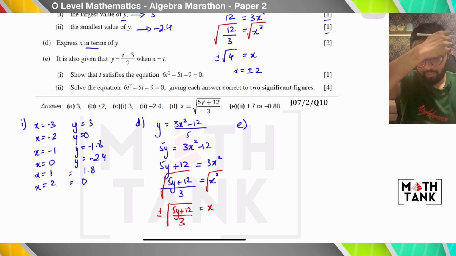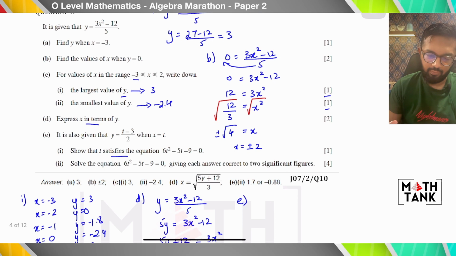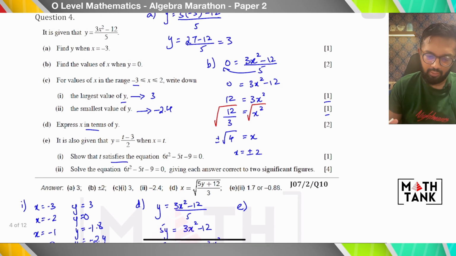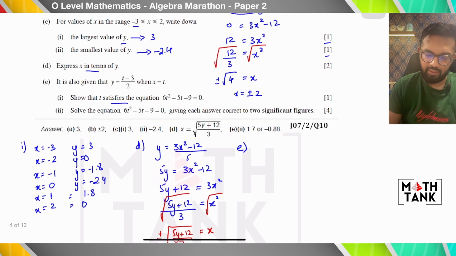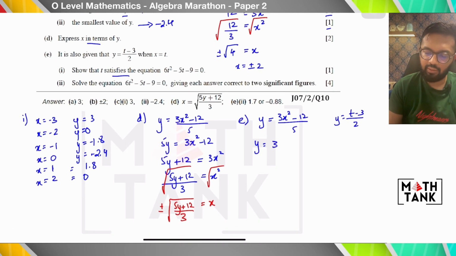Part E. It is also given that y equals (t minus 3) over 2 when x equals t. Show that t satisfies the equation 6t square minus 5t minus 9. So first I'm going to write my earlier expression, and this is the new expression. It says when x equals t, so that means (3t squared minus 12) over 5. Now since both of these are y, they can be equated, and I can say that